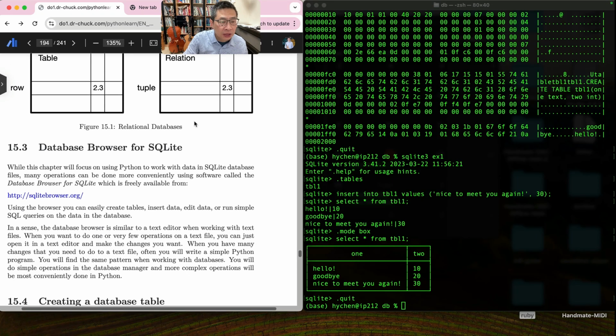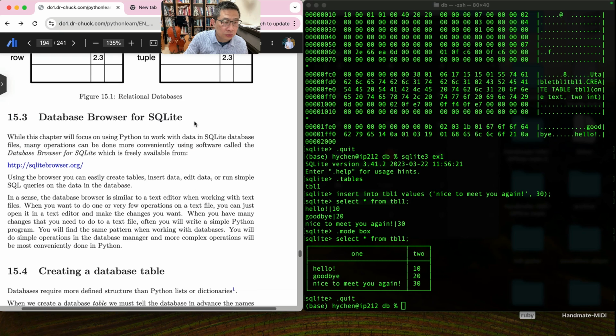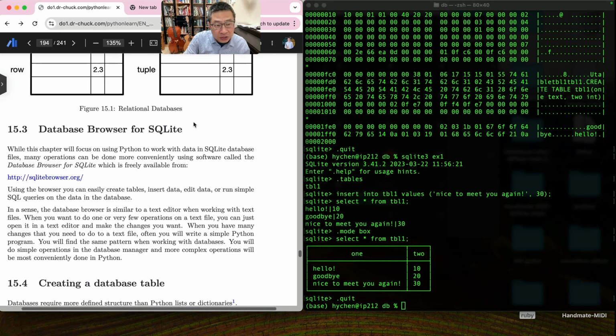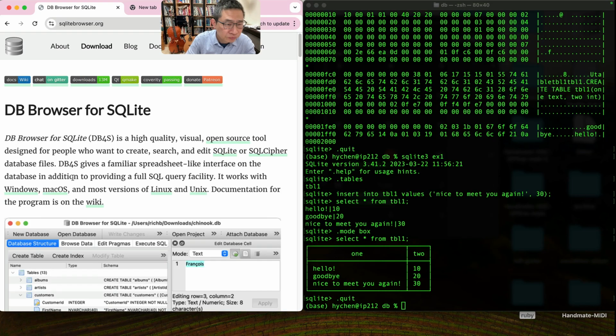So here comes another software introduced in the textbook called a database browser, which is a user-friendly version. I would say, based on your preference, you can use it. Let me first introduce it a bit. Let's go to the page. Basically, it's an